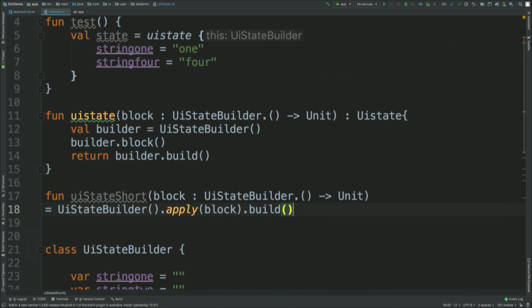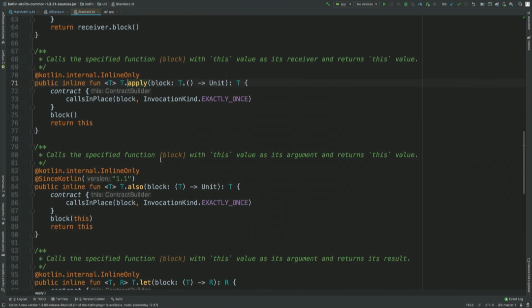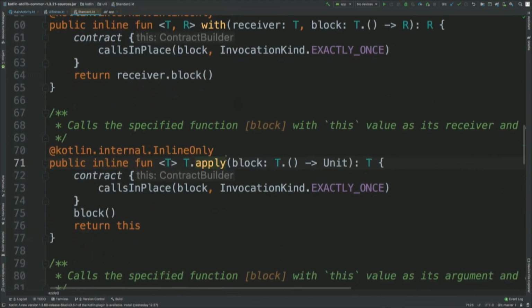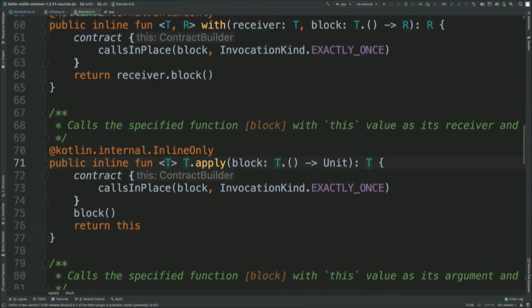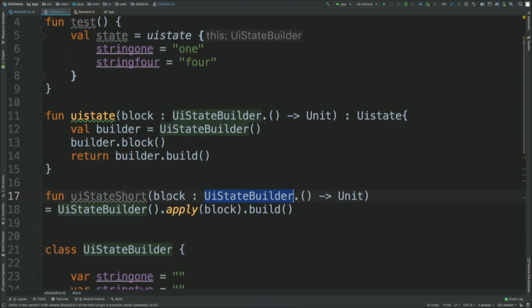Okay, we'll now look into what an apply function is, of course. You look into the apply function. I mean, I've never done this, but okay. You look into the apply function, it expects a block of code with T as the receiver. That totally satisfies our criteria. In our case, UI state builder is the receiver, which totally satisfies our criteria again. And the apply function again returns T. So in our case, that returns UI state builder. So after apply, you would get the updated UI state builder, and you just build, you get a UI state,